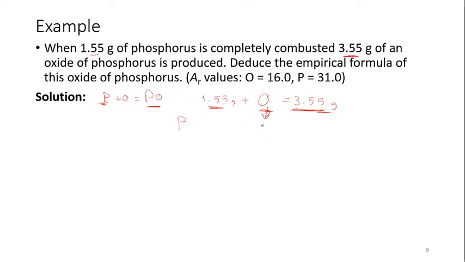So first part, if I write down the ratio between the phosphorus and oxygen, the phosphorus is equal to 1.55 grams, and for oxygen it would be equal to 3.55 minus 1.55, which is equal to 2 grams. Now I need to divide by the relative atomic mass of each one of them. So the 1.55 would be divided by 31, the relative atomic mass of phosphorus, and this would be equal to 0.05 mole. The other one, if I divide 2 by the relative atomic mass of oxygen, which is equal to 16, it would be equal to